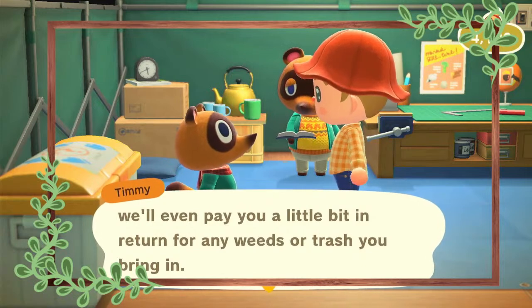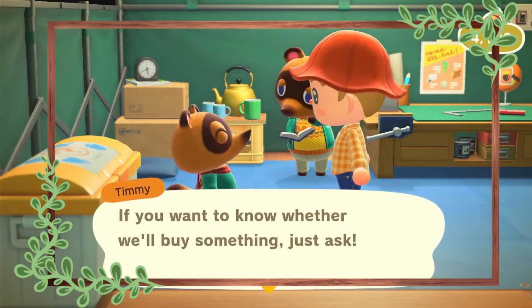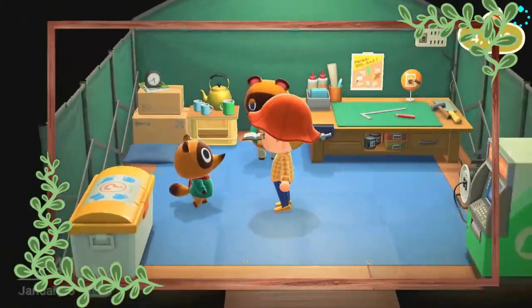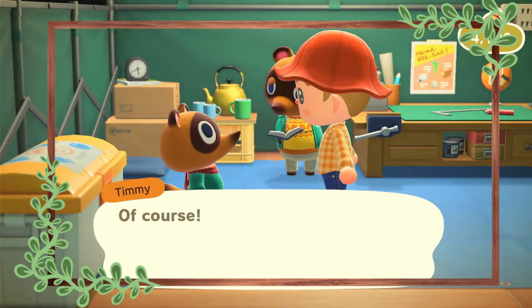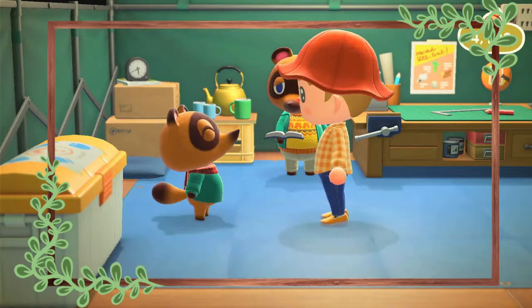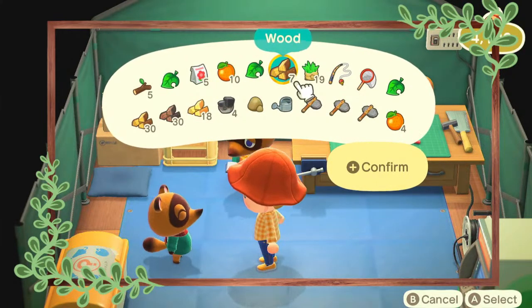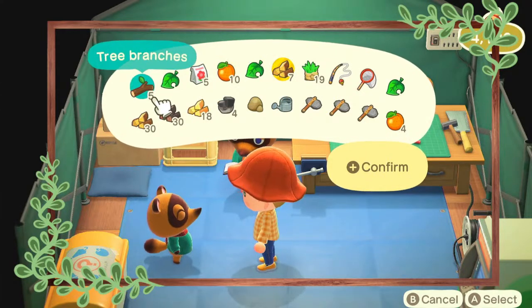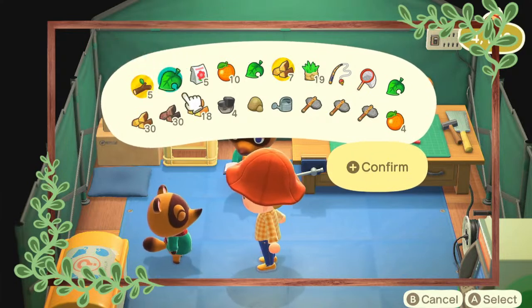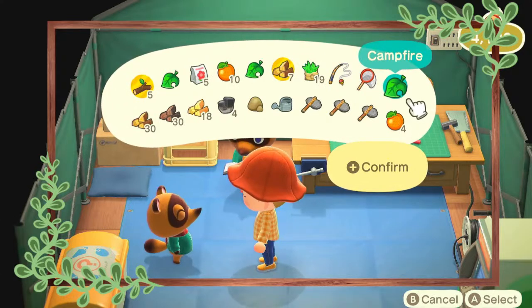We can't sell you our weeds. We have to sell those to leave. If you want to know whether we'll buy something, just ask. Indeed. Okay, we can sell you some of our materials, though. And since we have excess of this, you can have these. And I'm not going to sell you the fruit because it says something about a drop box, but it does say I can sell you crafted items. So,